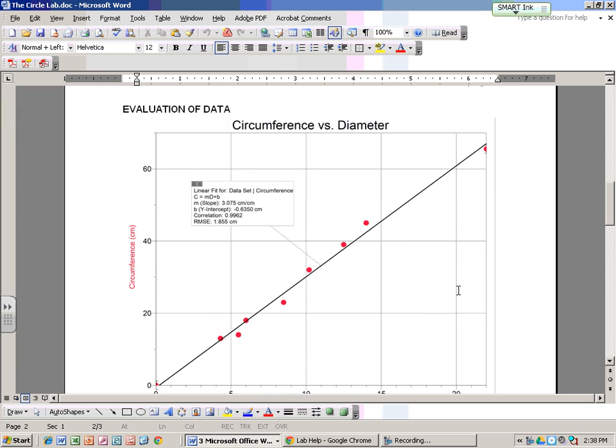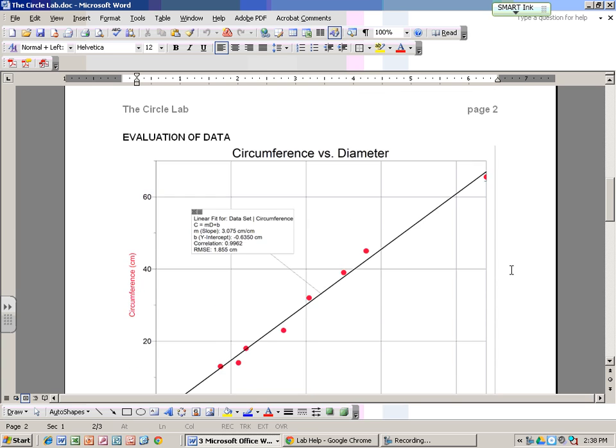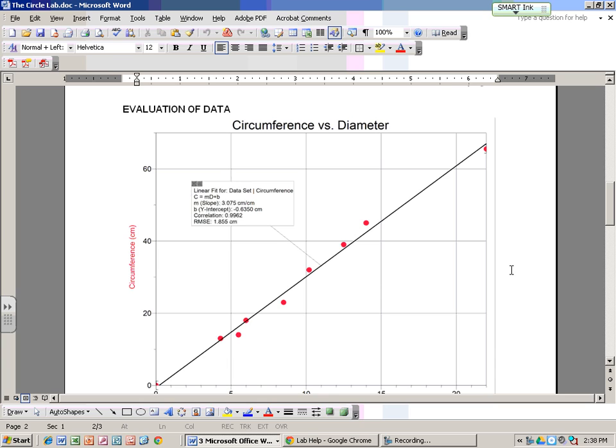Now, in the evaluation of data go several things. As you can tell, a graph goes in there. Or if there's more than one, both graphs would go in there. If you look at the Circle Lab 2, there's 2 graphs in there. Now, if we have any manipulated data, then you need to put that in the evaluation of data section. Now, that may seem a bit strange, okay, but if we go here and if I open up